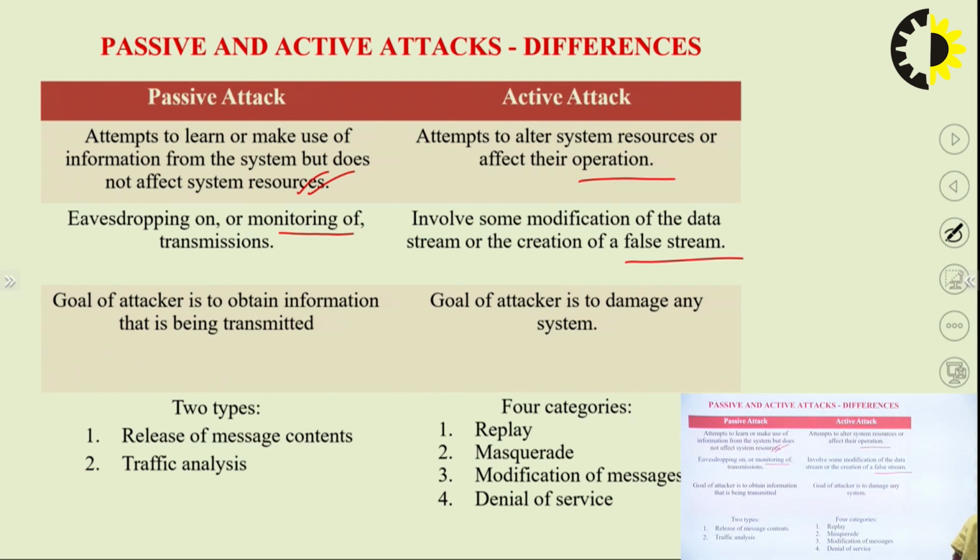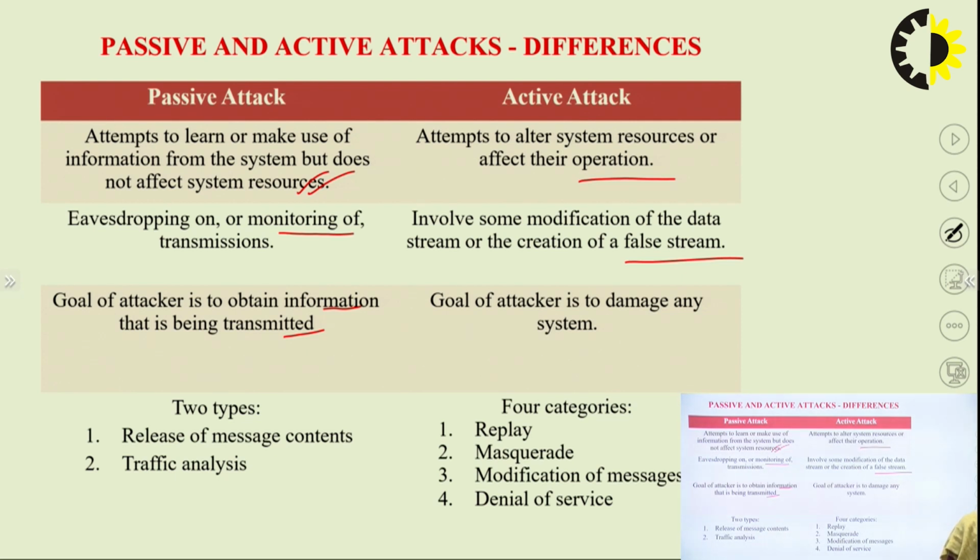Whatever information is transmitted, any modifications or alterations can be done by an attacker, and they can create a false stream as well. Actively they are working, which means they are not only interested in fetching or having a look at the transmission of the data, they are interested in making modifications, and a false stream can be generated. Now, in a passive attack, the goal of the attacker is to obtain the information that is being transmitted,